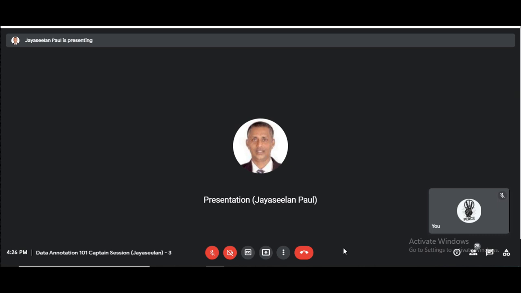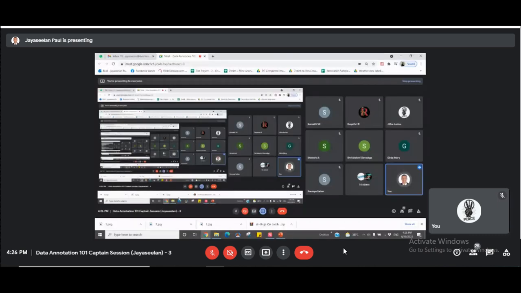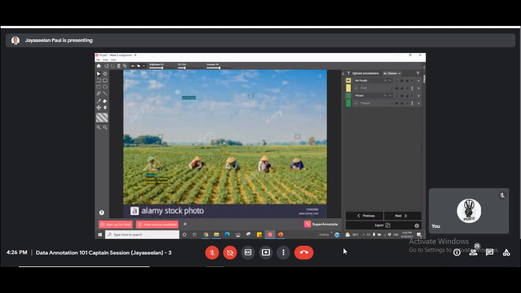And then the second week was last week, where we asked you to work on the SuperAnnotate platform using the bounding box tool, and we had to mark cars. In cars, we had subclasses, type of cars, sedan and all of that, and the attribute was color. This week, we are giving you an assignment on using the polygon tool on the images where you have people in the field.